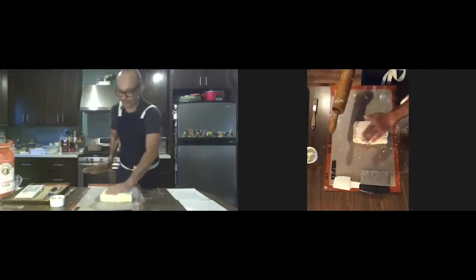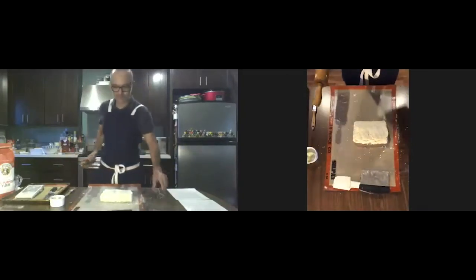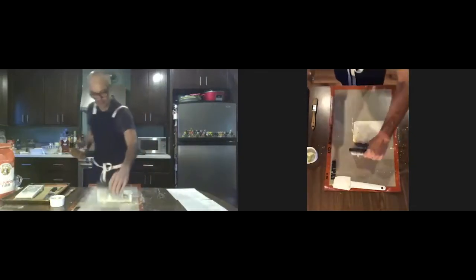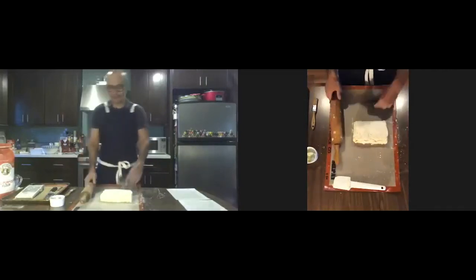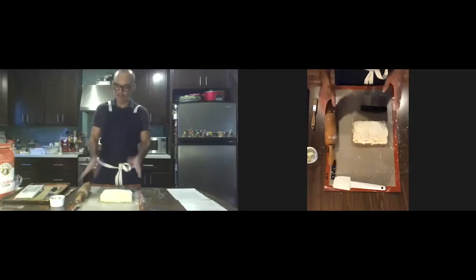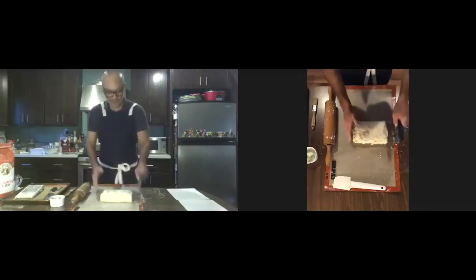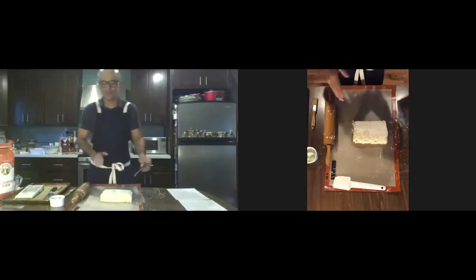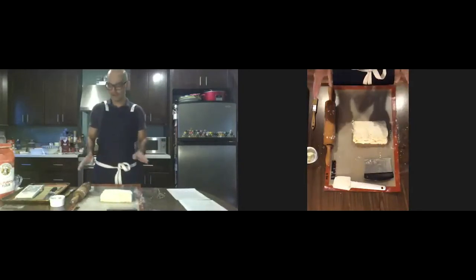Okay. So this is going to be our third, yes? So I have a couple requests to give it a moment. Some people are still on their second fold. Absolutely. They just want to be able to catch up a little bit. But now you see that I'm on my third fold, and this is looking less crumbly. Even if it's crumbly, like I said, at the end of the day, this is going to help us get flaky biscuits. So don't worry, this is not a